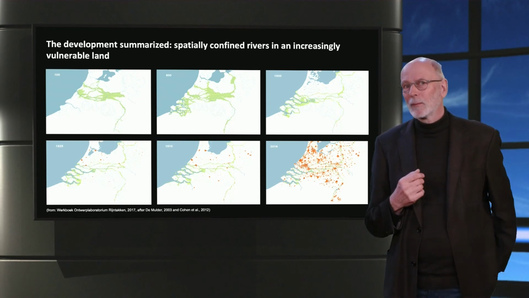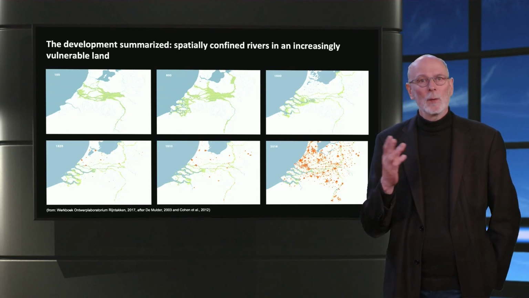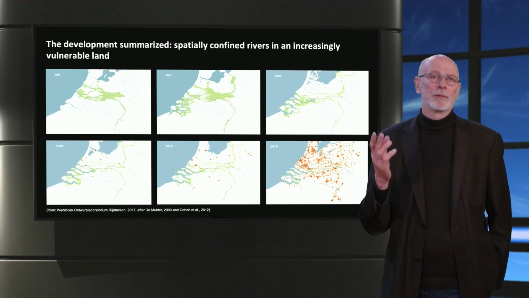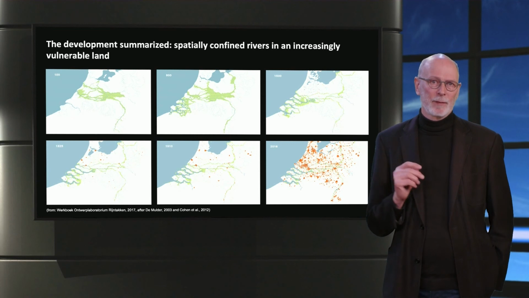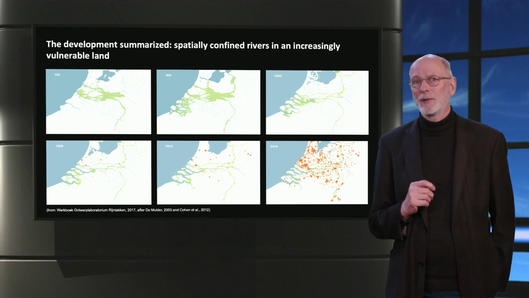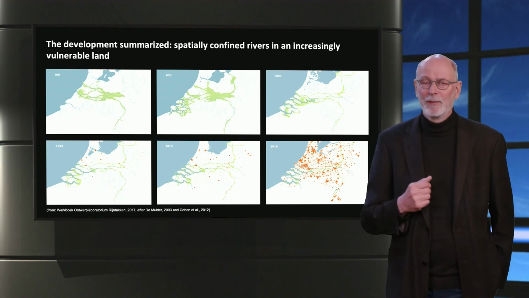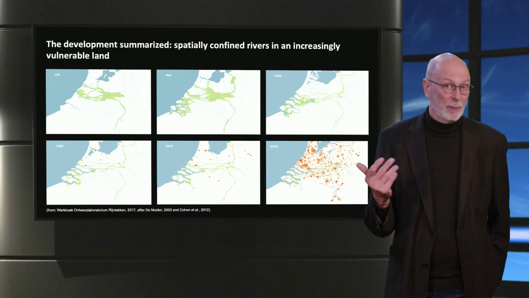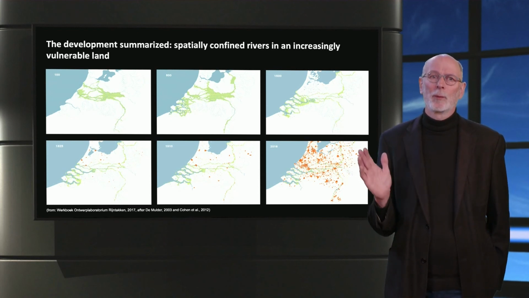By the way, such developments not only took place in the Netherlands, of course. We know of similar loss of space from the Elbe River in Germany, the Mississippi River in the USA, and many, many other rivers. And we can observe the consequences of population increase and migration to rivers and coasts, a desire to economically develop, little attention for the importance of ecosystems, and trust in flood control and engineering all around the world.